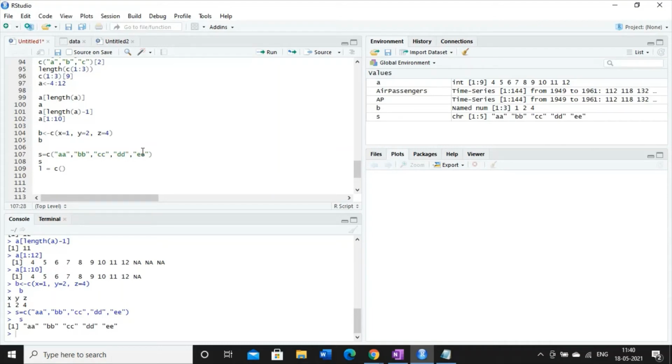But here I am giving you one simple trick. Whenever I want to access some specific location of a vector using logical vectors, instead of defining a vector of type logical and storing it in some variable L, I will use this syntax, where I create the logical vector directly and use it to index the vector s. At this point, let's see what the output will be if I execute this.